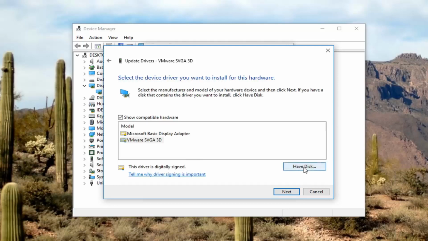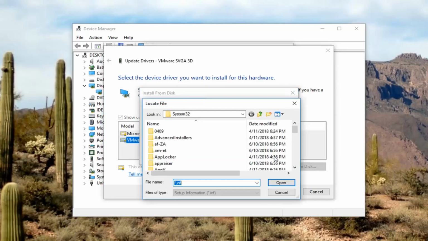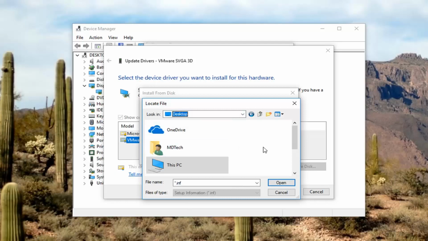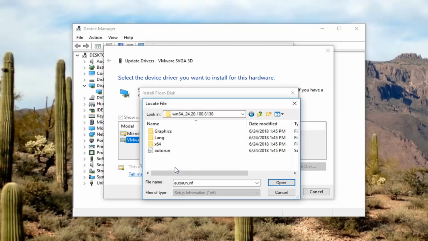Now you want to left click on Have Disk. Left click on Browse. Now I'm going to back out of here, using the menu here to go to Desktop. That's where I put my folder here. I'm going to scroll down until I get to my folder that I extracted here. So double click on that. I'm going to go underneath the Graphics folder. I'm going to select the